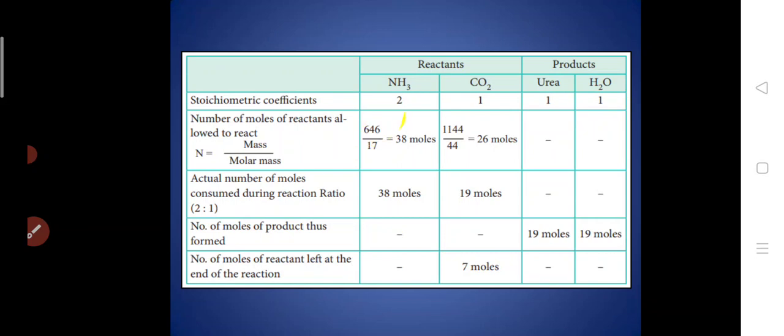So the mass of ammonia given is 646 grams, divided by the molar mass of ammonia, which is nitrogen 14 plus 3 times hydrogen, 14 plus 3 will be 17. So if you divide, you will get 38 moles. And here we are converting kg into grams. So 1144 grams divided by the molar mass of carbon dioxide, 44, you will get 26 moles. So urea is not yet formed. Now we have allowed them to react. The actual number of moles consumed,